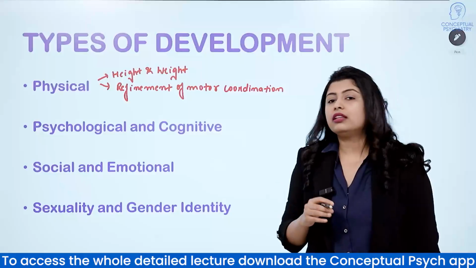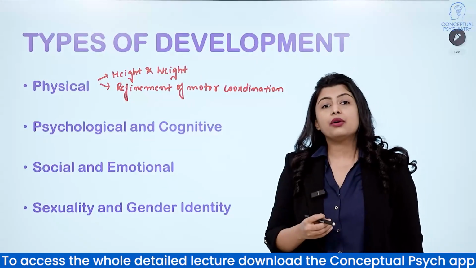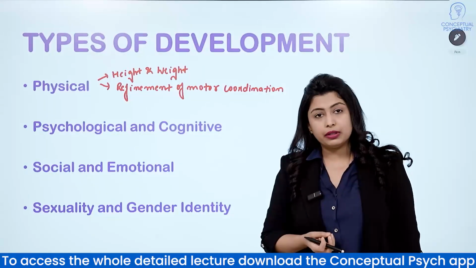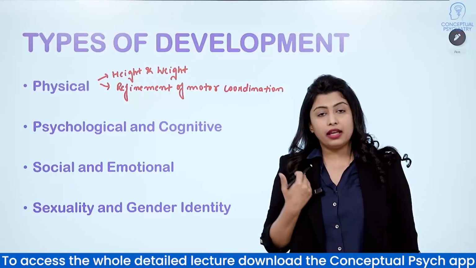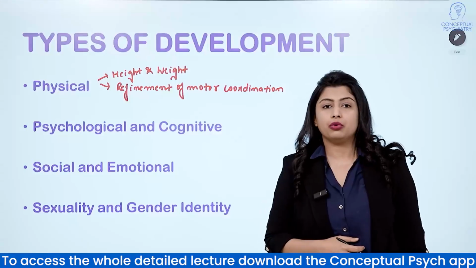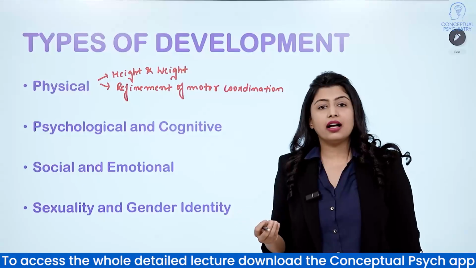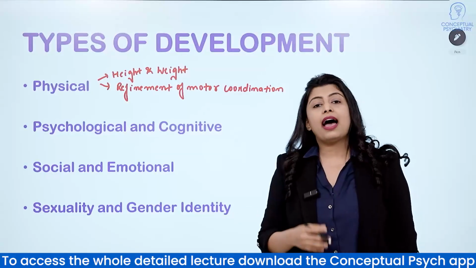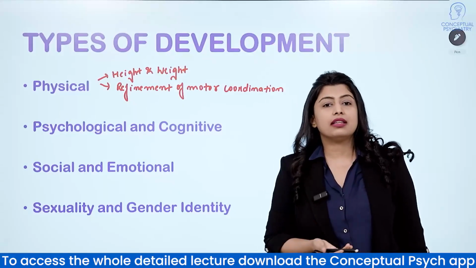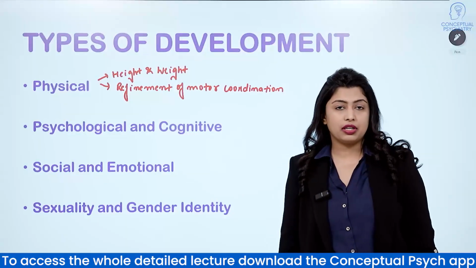Third is the social and emotional aspect. Children grow socially and emotionally. They learn how to interact, how to play, how to work, and how to live with other people. They learn how to understand both their own feelings and others' emotions, and ways of dealing with strong emotions as well. In order to function well as independent adults, they develop a sense of self esteem as they go through the long process of figuring out one's identity and developing a sense of morality. Here we are looking at both the social and the emotional aspects.